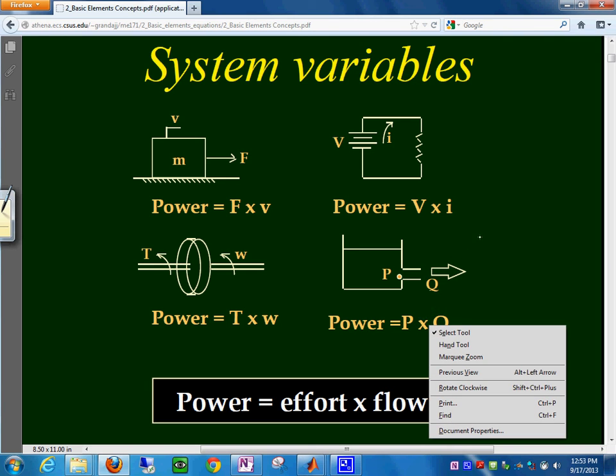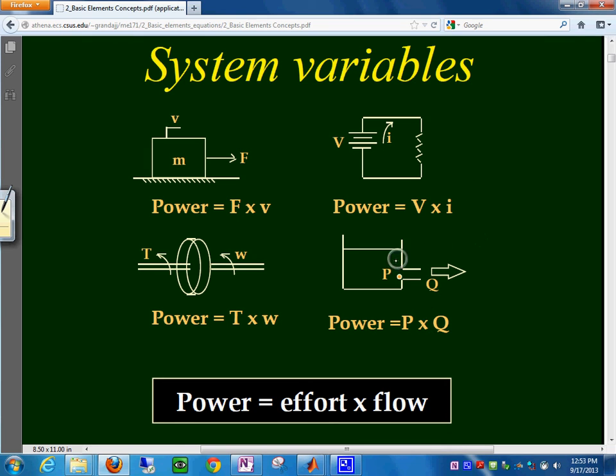Okay. What I want to say about this is that you notice in all these examples, it has two variables that if we look at them a little closer,